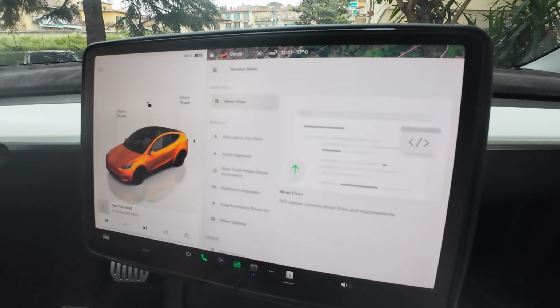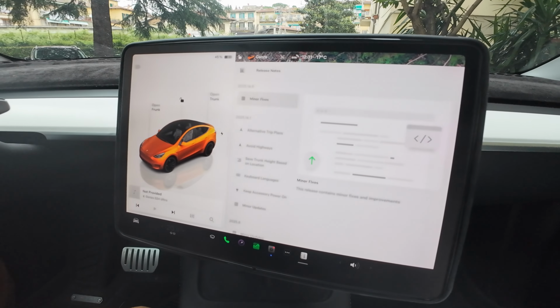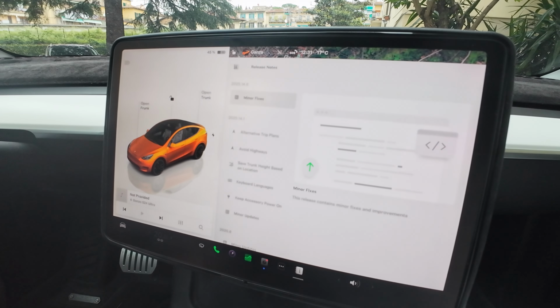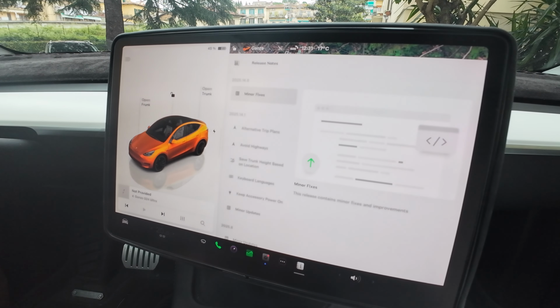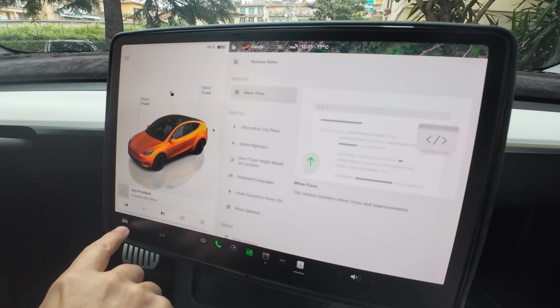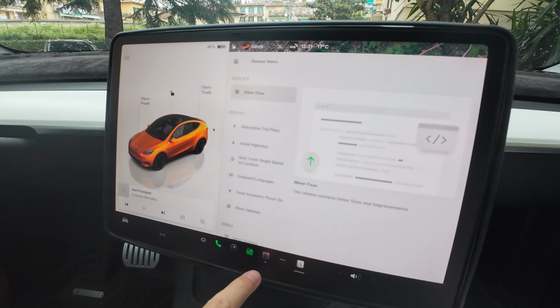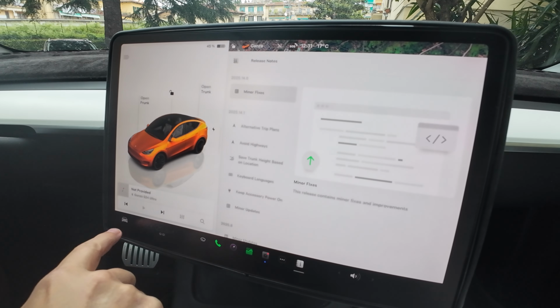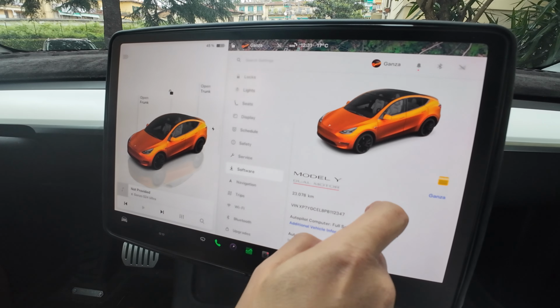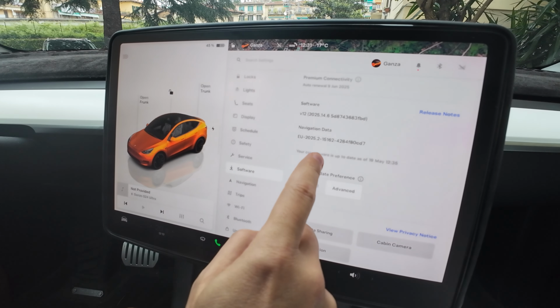So I just finished the installation. The release notes say minor bug fixes, but I know there are a couple of changes, which is what I found out on the Not a Tesla App site. The first thing I wanted to check is the version. In the meantime, you see there's a blue dot here, so there is an update here. So let me check the software update first. So it's the